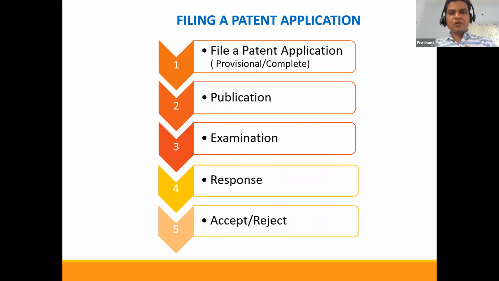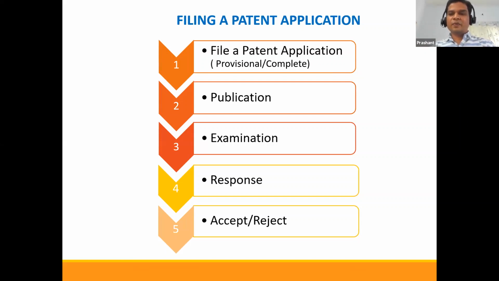Now these are the steps. So you prepare either a provisional or complete specification, then you file at the patent office, either physically or online. There is an e-filing module available wherein you actually require a registration and a digital signature. So far as my knowledge goes, only a registered patent agent is allowed to file online. Otherwise, a normal person usually files physically by using speed post. But usually physical filing takes time to get a patent application number, whereas online you get it immediately.